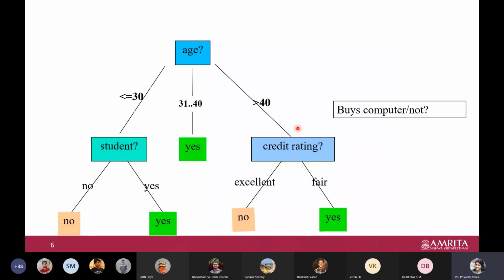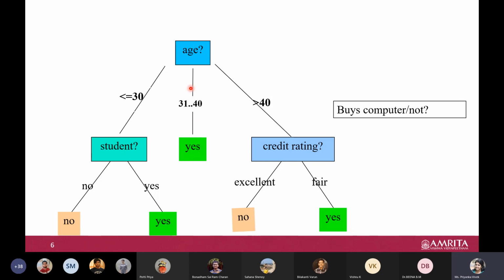There is one thing I want to mention here. You start building the tree in your training phase, isn't it? When we start building the tree, if you see this particular value of this particular attribute, that is age 31 to 40, it has come that all the instances are already falling into the yes category. Can we stop further branching here, or will we still grow the tree further? Can anybody answer? It's just a basic question, just think and say.